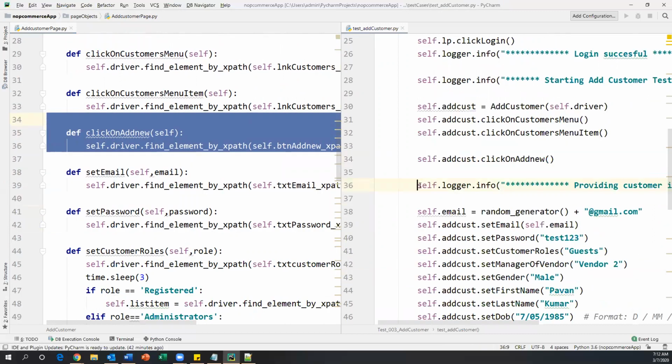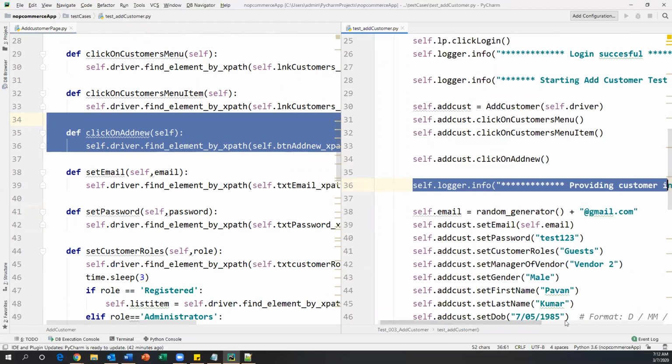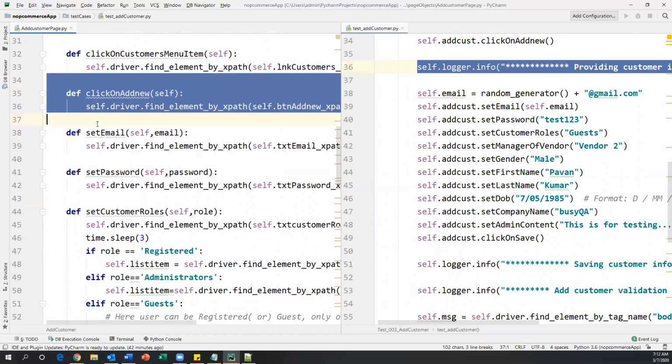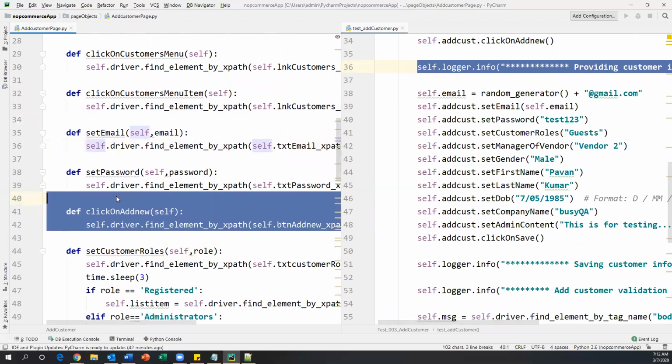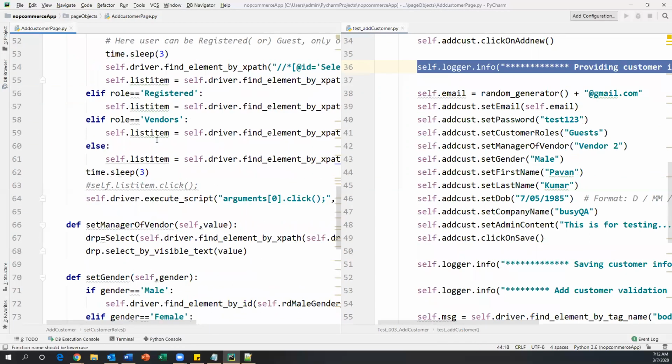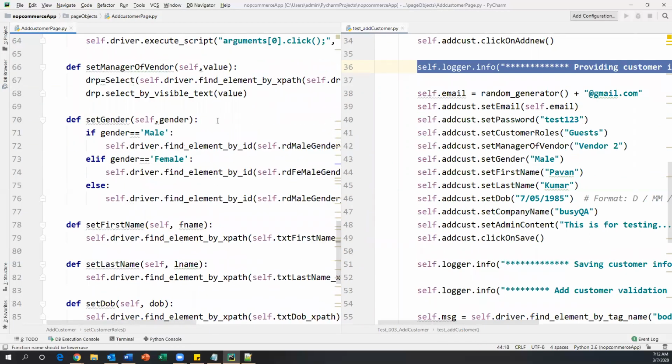And then here we are providing all the customer information. So I'm sending some log messages, and then calling all these methods one after another: set email, set password, set customer roles. We call all these methods, and wherever we need to pass arguments, we pass them.